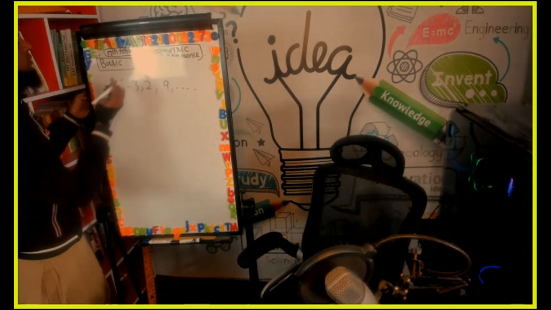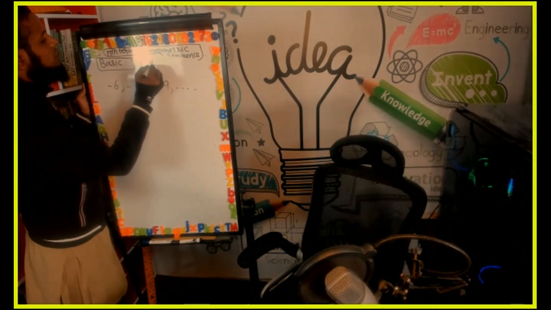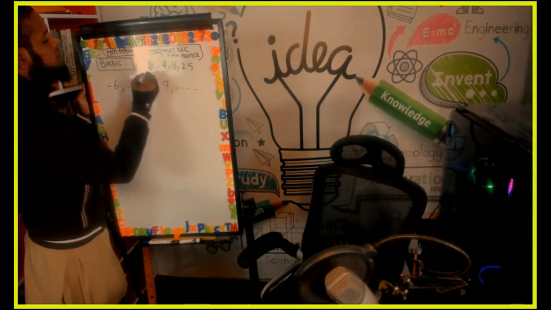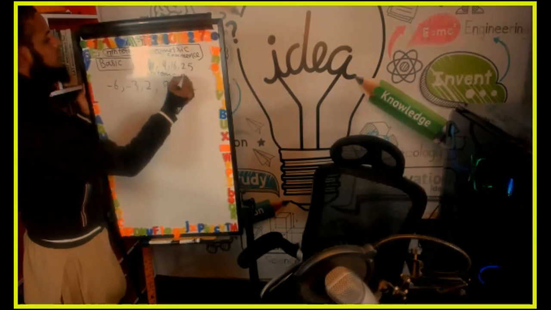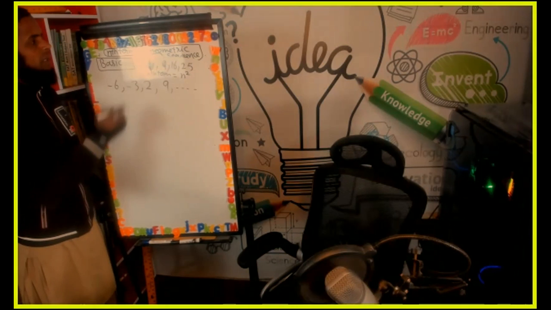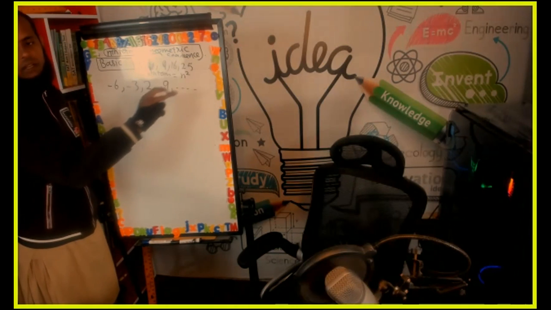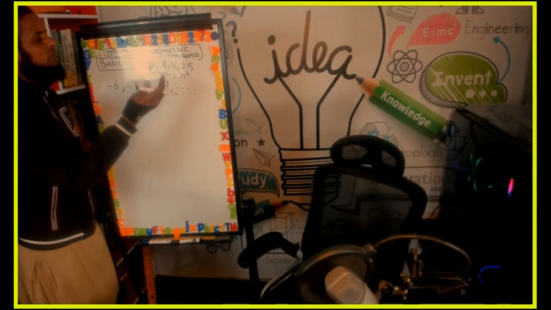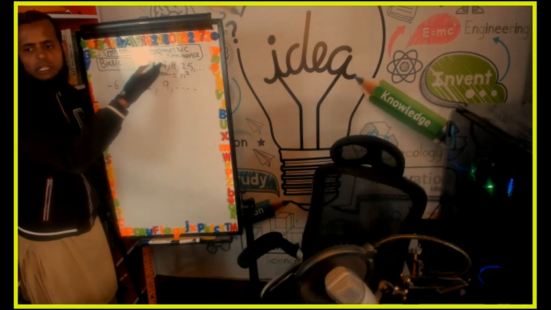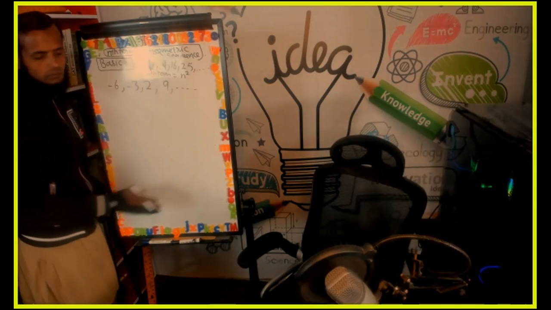In square numbers you should remember the sequence of square numbers and their general term. It is 1, 4, 9, 16, 25, and the nth term is n square. You remember this. If there are cubic numbers 1, 8, 27, and so on, then there will be n cube. Here is n square; in cubic numbers there will be n cube.